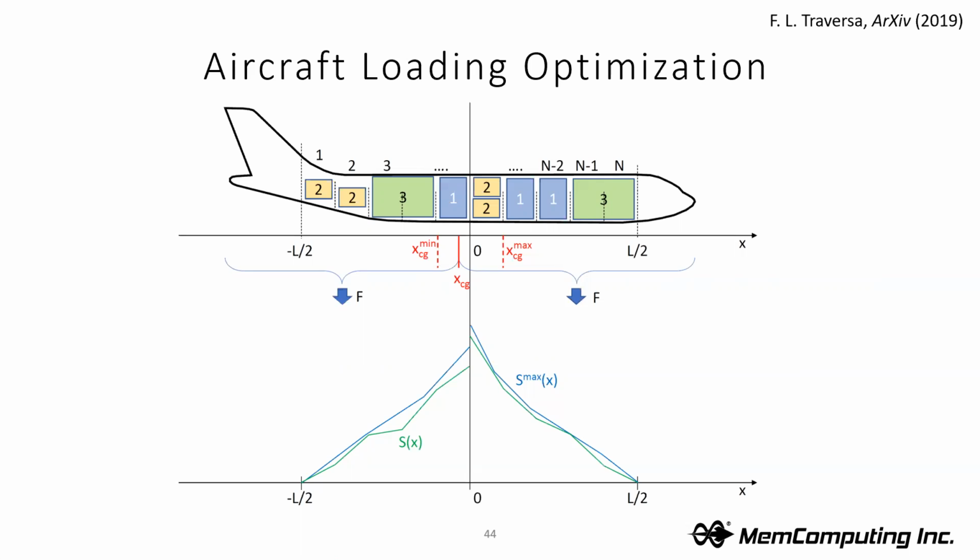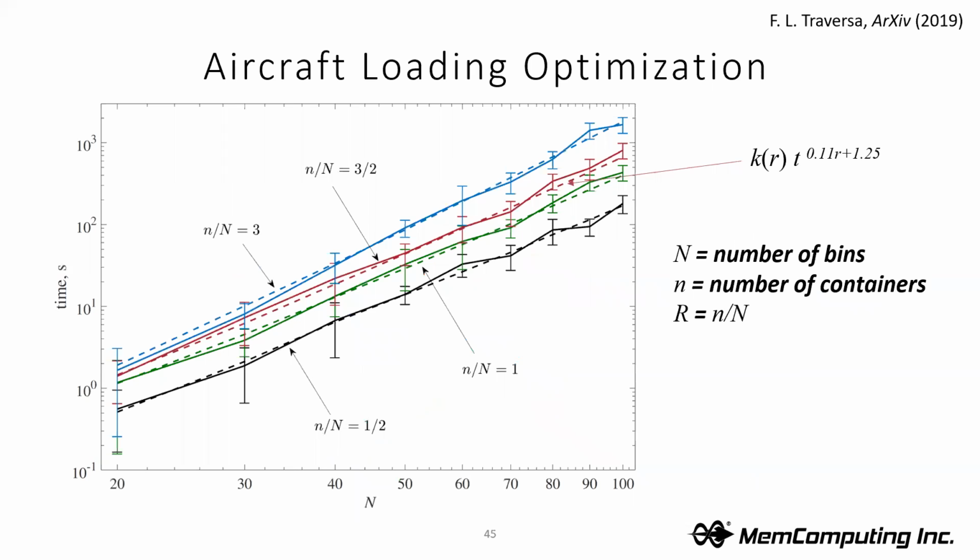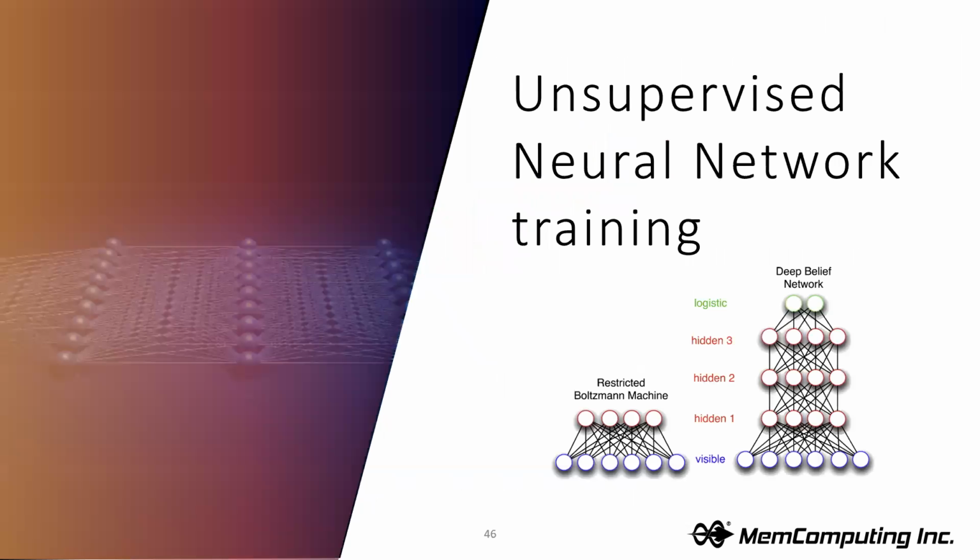And we showed how to transform this problem into an ILP, and how to run it with MemComputing. And here, for example, there is some testing we did that shows how you find the global optimum of this problem at scale, scaling the size up to very large instances of the problem, which is basically what they face today for the cargos. And as a final application that I'm going to very briefly discuss today is the training of